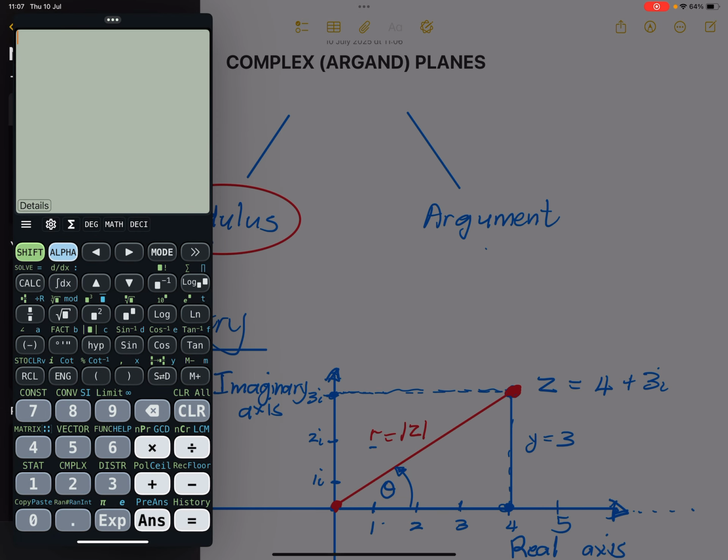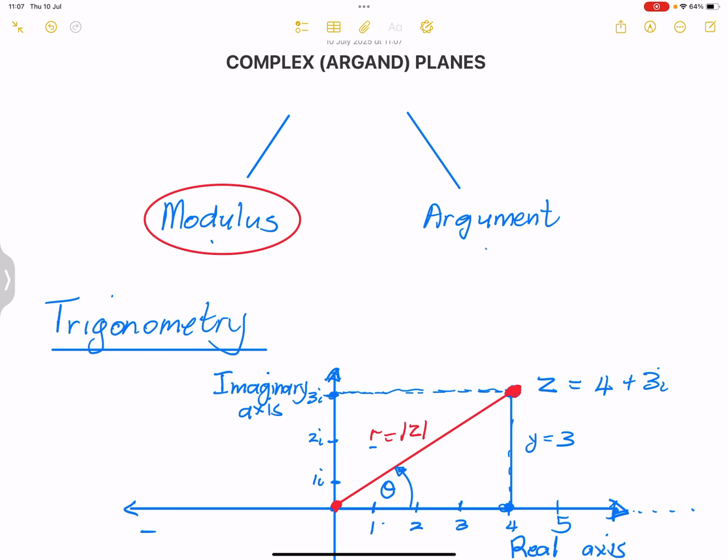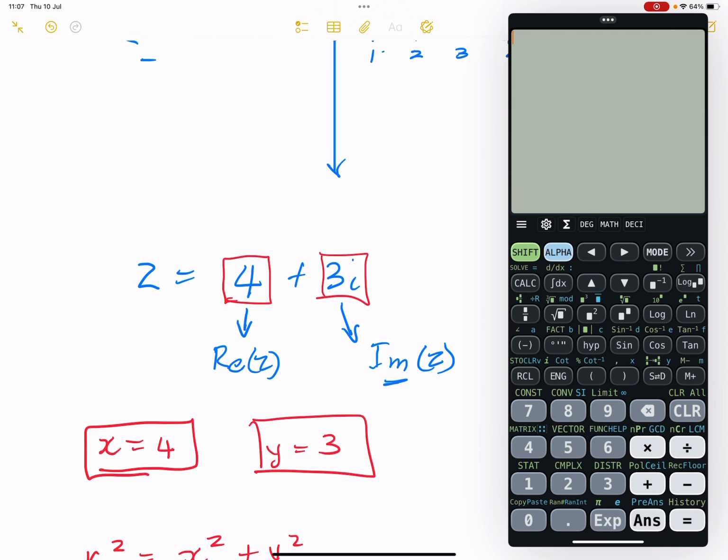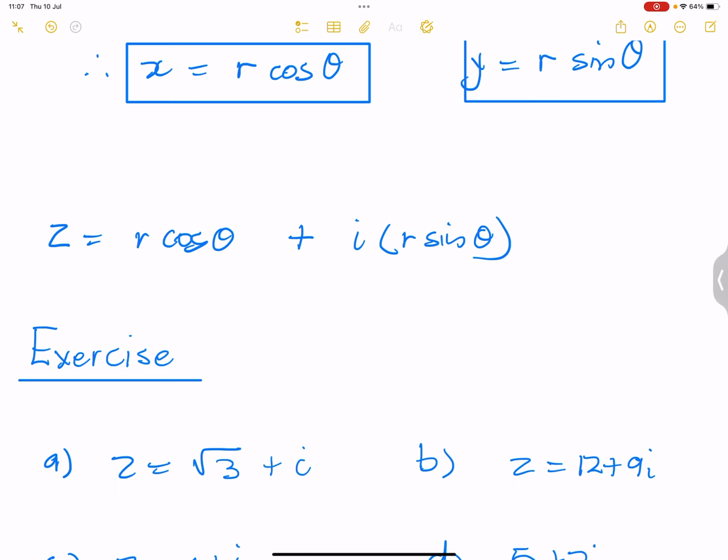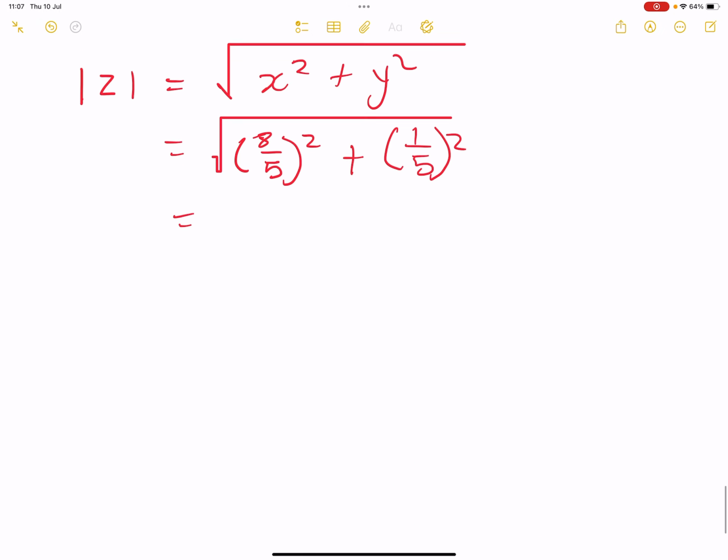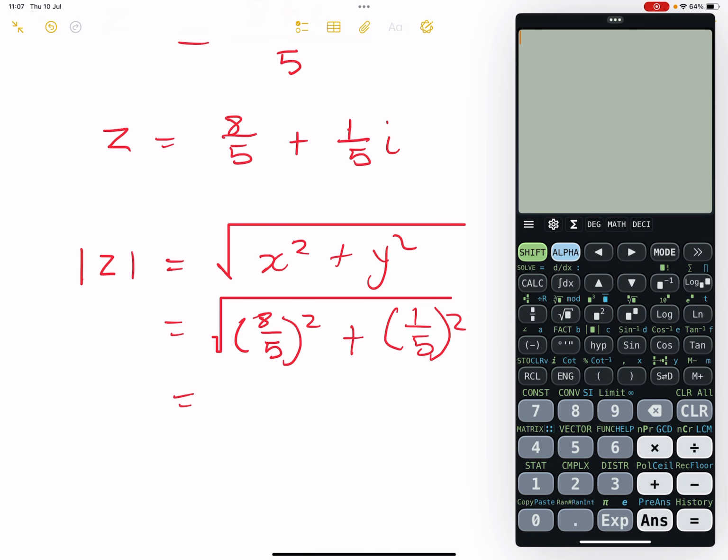Right, let's write that down nicely. I'm not sure why it keeps doing that. Okay, maybe let me just bring my calculator this side. All right, yeah, maybe we'll have less issues there. So I've got the square root of 8 over 5 squared plus,